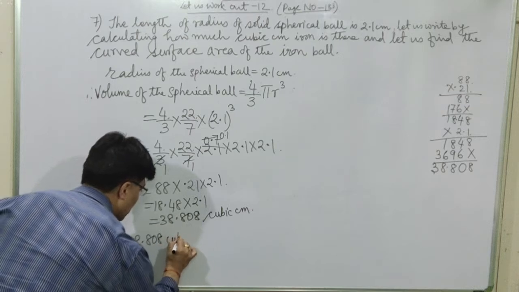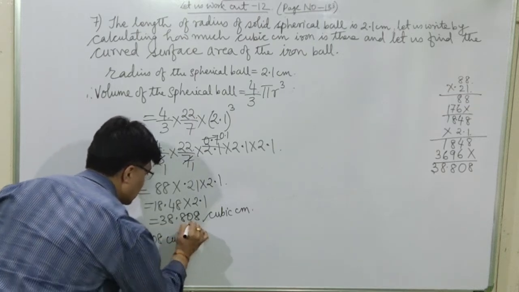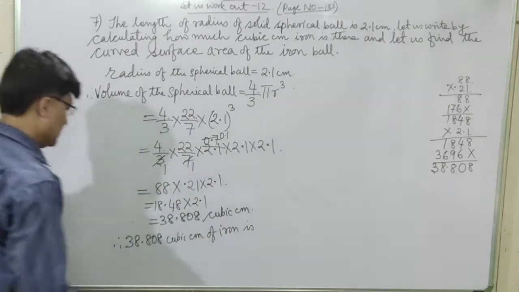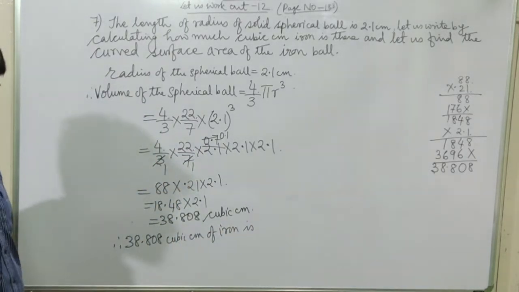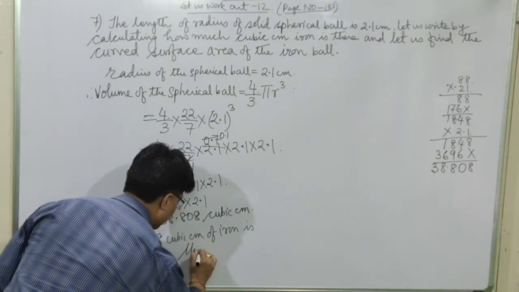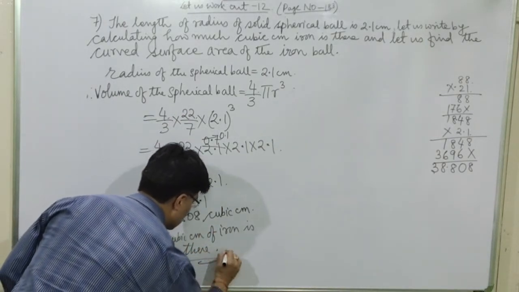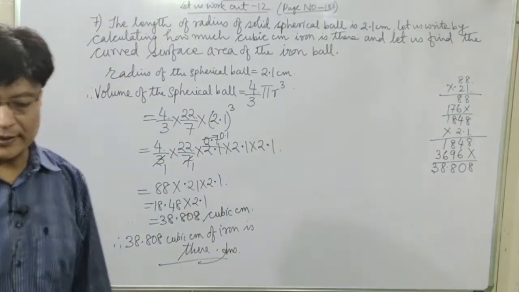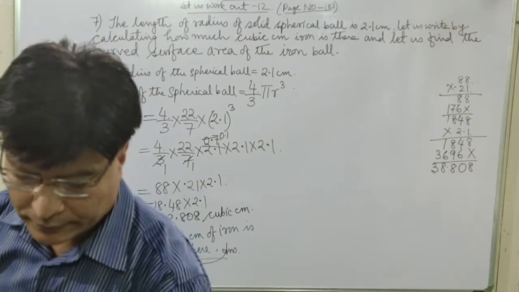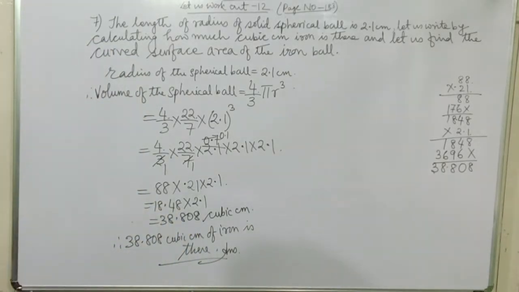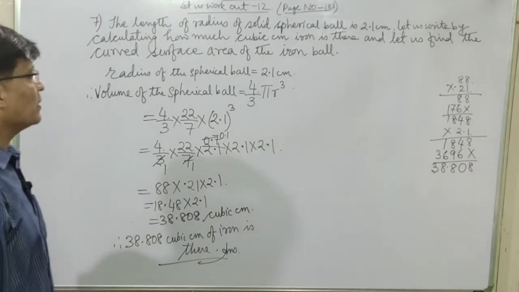38.808 cubic centimeter of iron is therefore 38.808 cubic centimeter of iron. So this is the answer for the first part. I think you have understood it. Now let us do the second part. Now we have to find out the